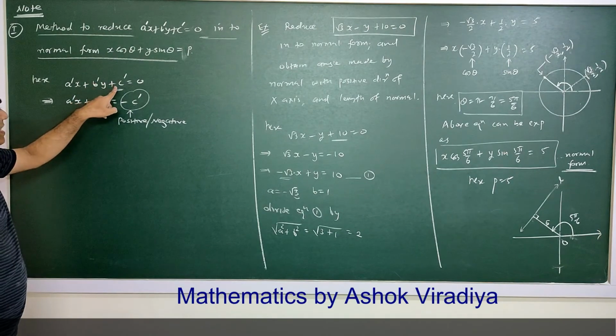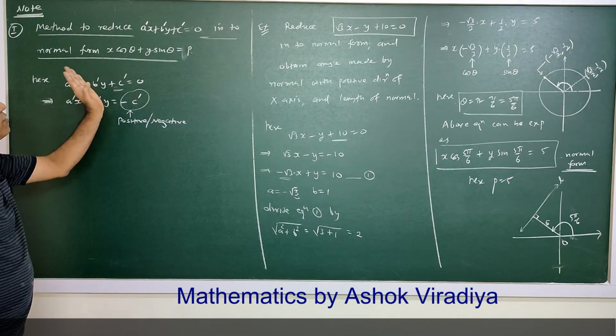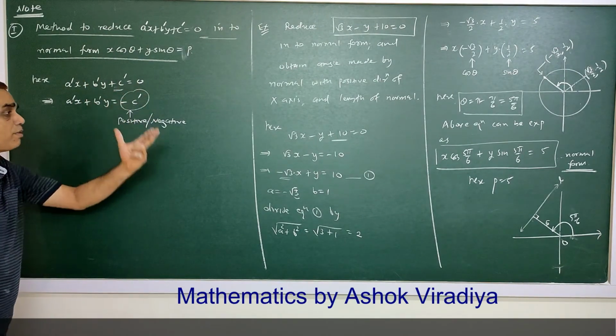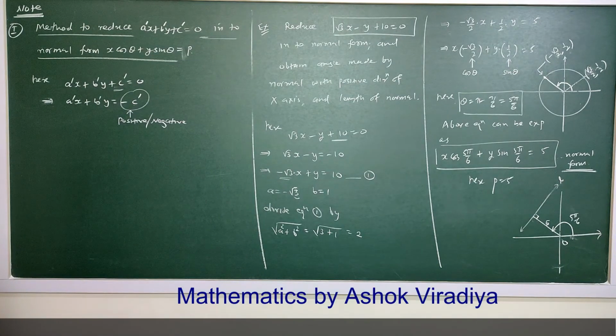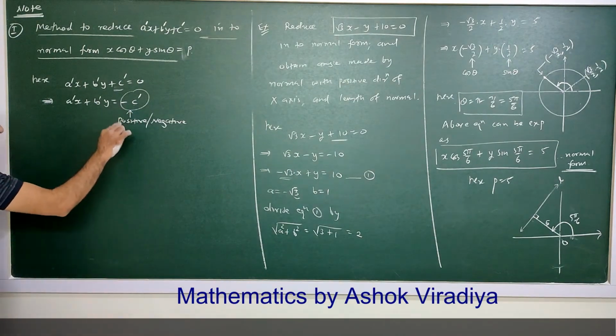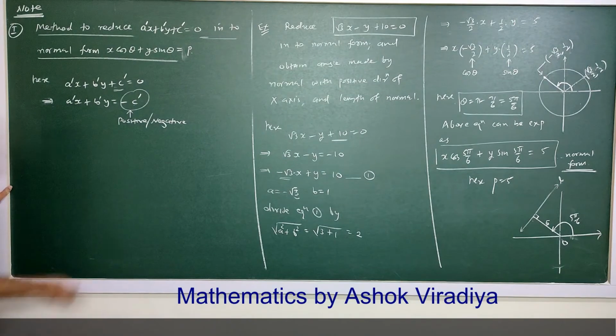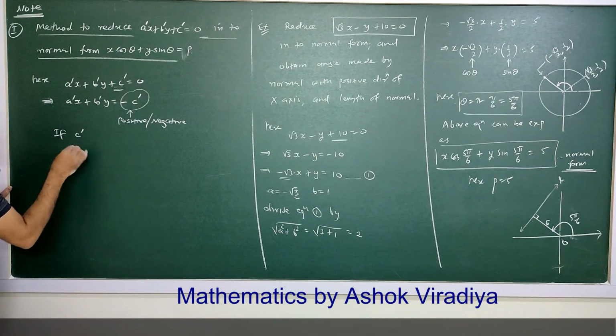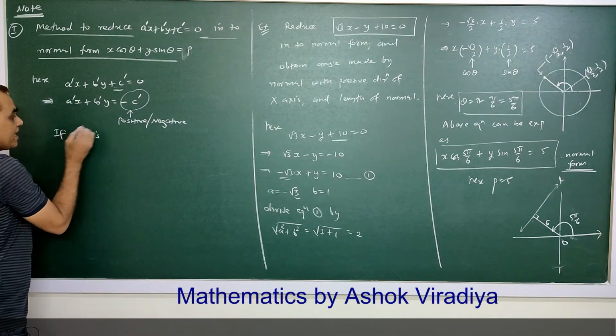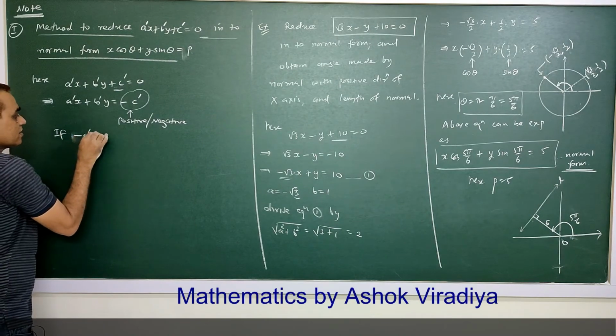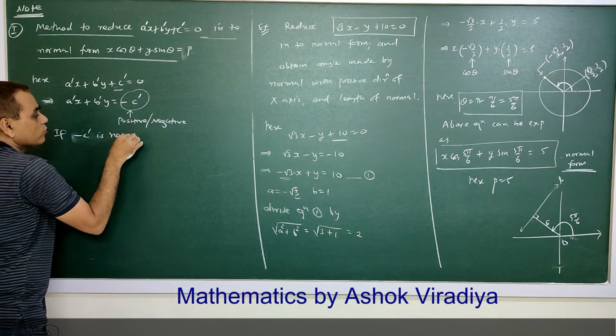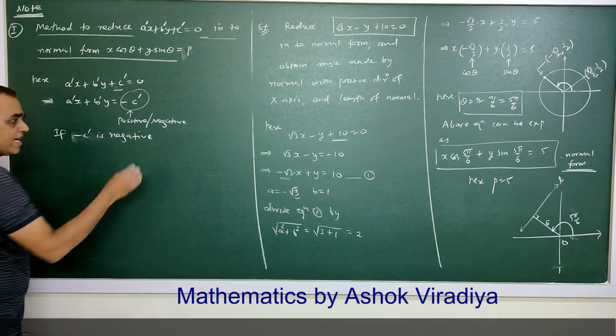And if this is positive, then shifting it to the right side, it will be negative. So this can be positive or negative. If minus c dash is negative,